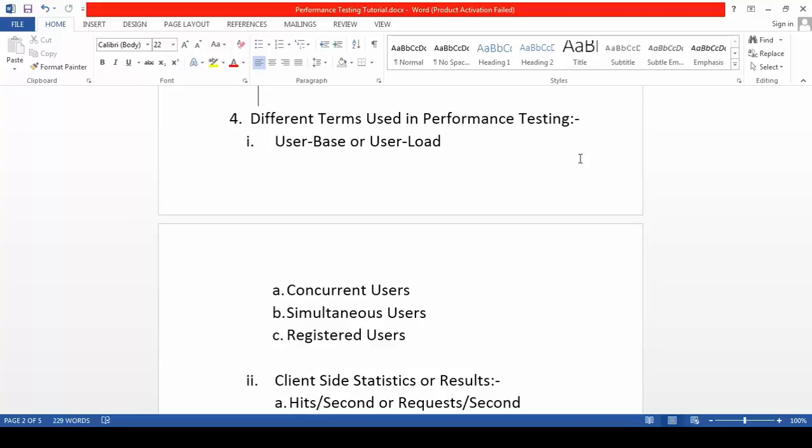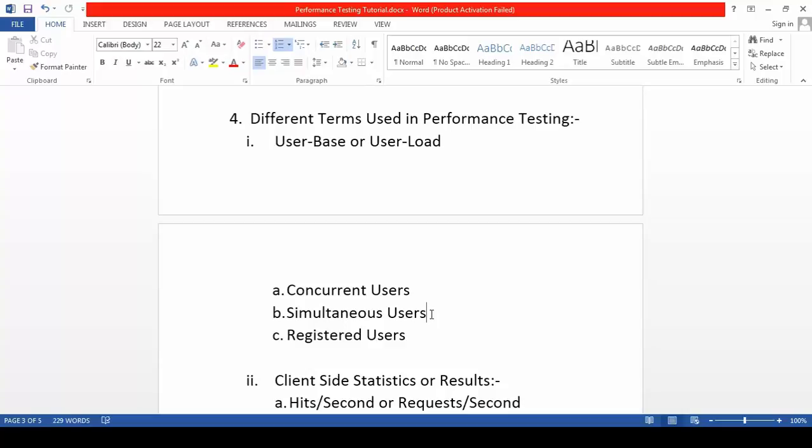I will give you one small example of how you can understand these different kinds of users. Let's consider the Facebook application. Let's say I'll just go for a smaller number. Let's say 1,000 users have been registered into the Facebook application. So all of those 1000 users will be under registered users.